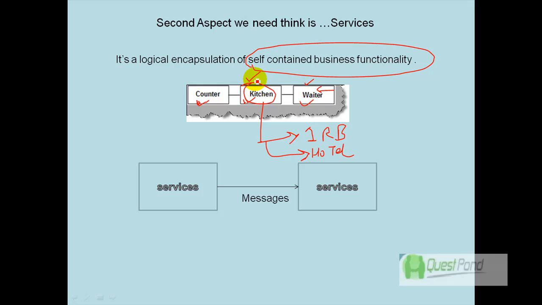So basically, in totality, we can say that we have services and we have messages which help us to communicate between the services. Now, a very important point to remember here is that services are not classes and components. That is a thinking shift which we need to bring in from the object-oriented perspective. Services are not components, or namespaces, or groups of classes, but they are self-contained working business functionality.